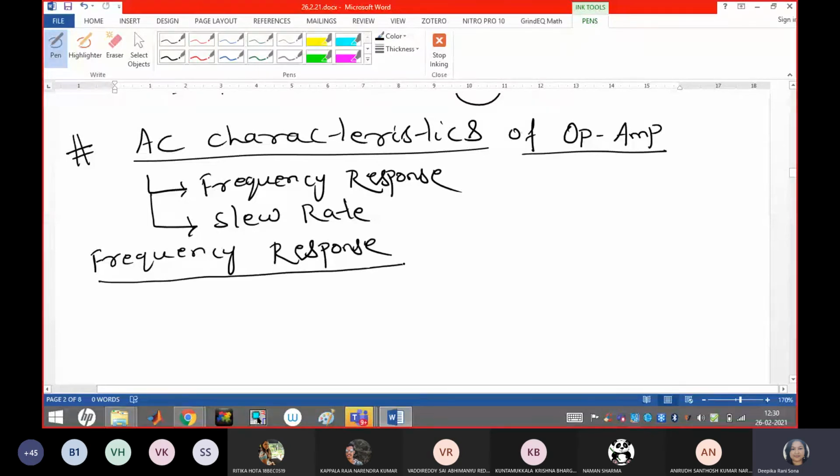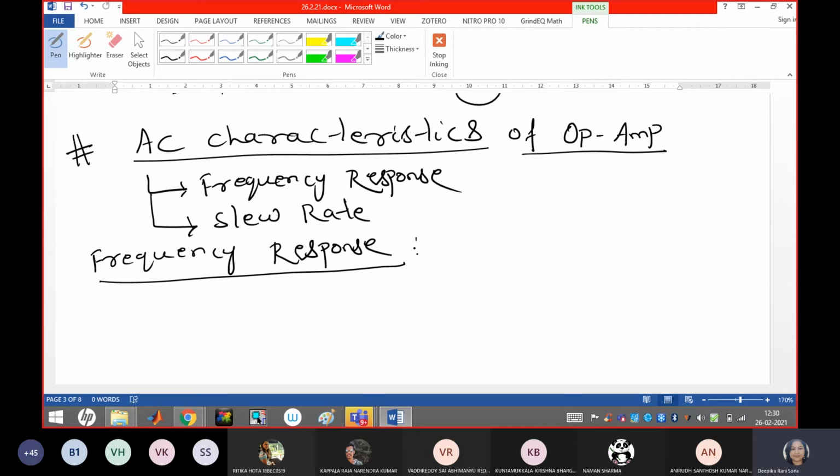Guys, for the ideal op-amp, what we have learned is that V naught equals gain into V in, right? So we have to stabilize the gain by using the closed loop op-amp. But think about the case, ideally, what is the effect of the gain in the circuit? For what purpose are we using the amplifier? To get a constant bandwidth range, right? So the bandwidth should be appropriate for your design of the amplifier circuit. But what is the effect of frequency on the gain?